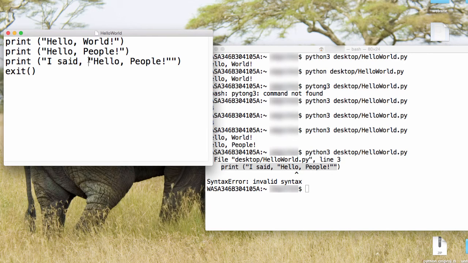Now, the issue is we're thinking of this quotation mark as the character quotation mark, but it's not. It's thinking of this as closing the string that we started here. So the string is done. But the issue now is it has this weird command called hello, comma, that it doesn't know, and a space,